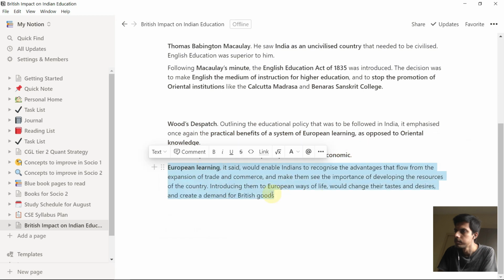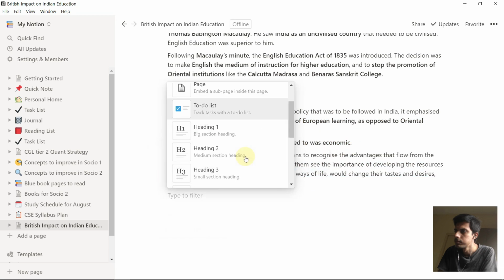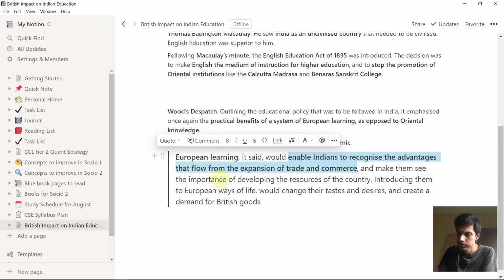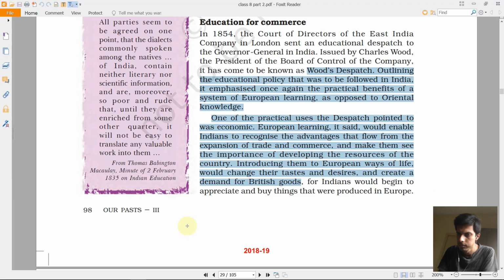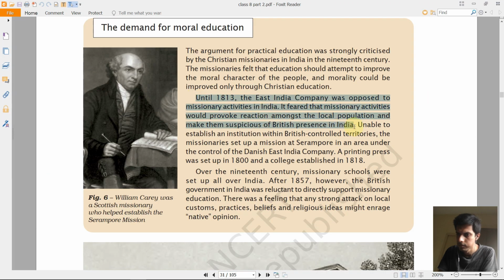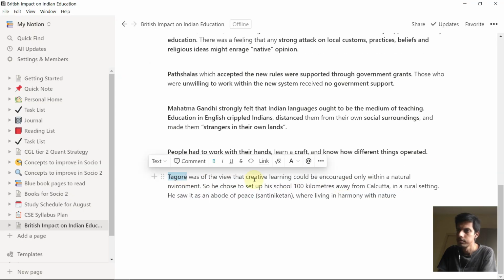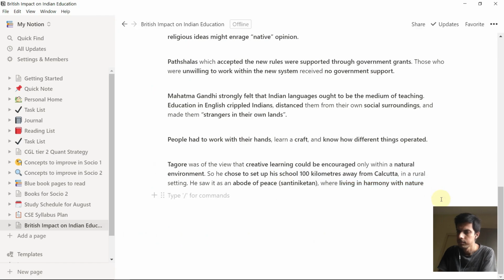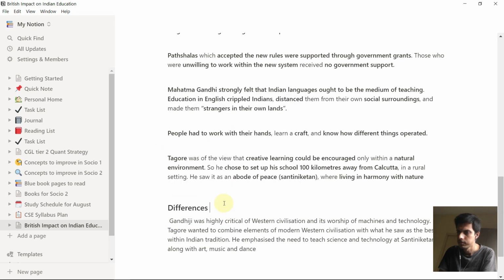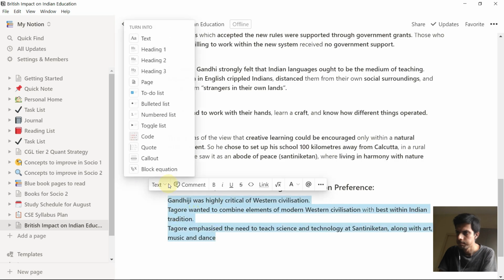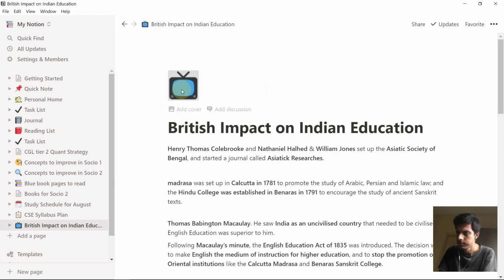I will arrange the paras neatly, because if you make your notes very cleanly, you will be interested in studying those. Otherwise, if you make your notes very messy, it does not feel like studying. Also, you can format your notes like to keep quotations, like how I have did that. European learning. All these are inbuilt in the Notion app. You can press this / key in your keyboard, which is beside your shift key, and then all those tasks will come out, like to do, bulleted list, numbered lists, quotations, emojis, block codes, everything.